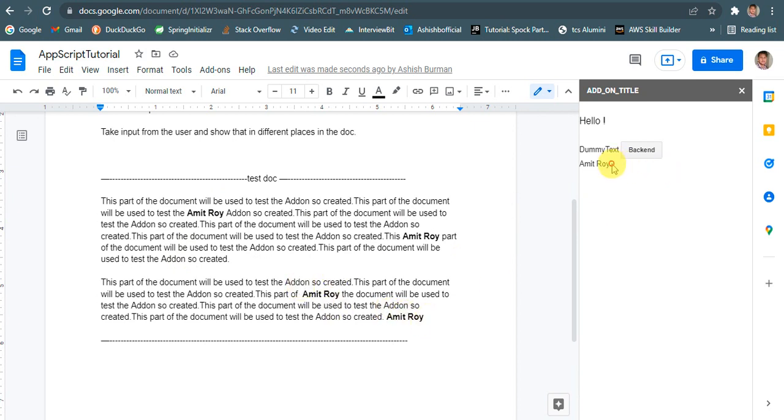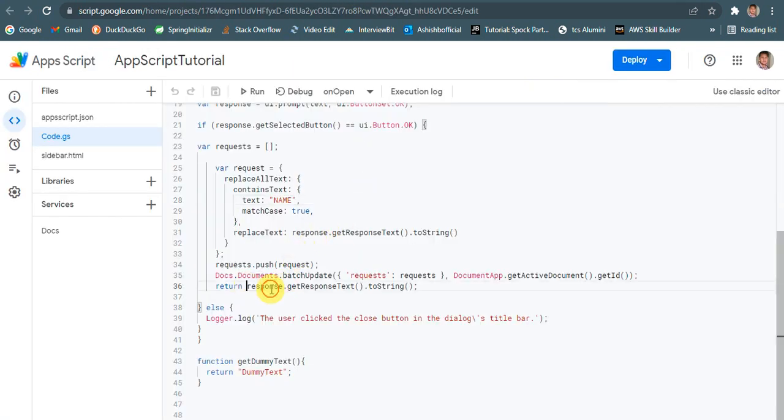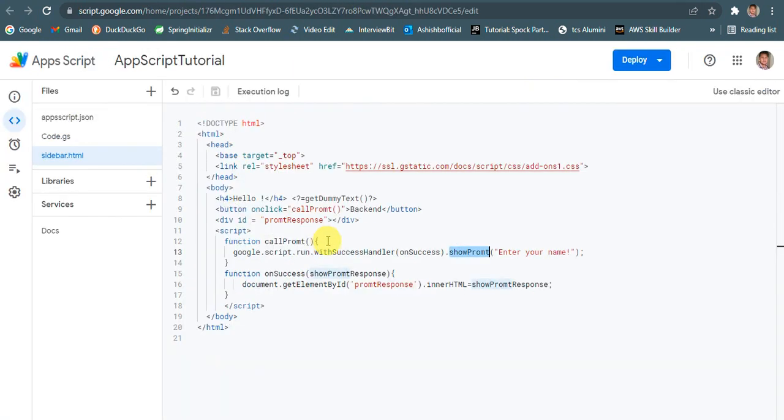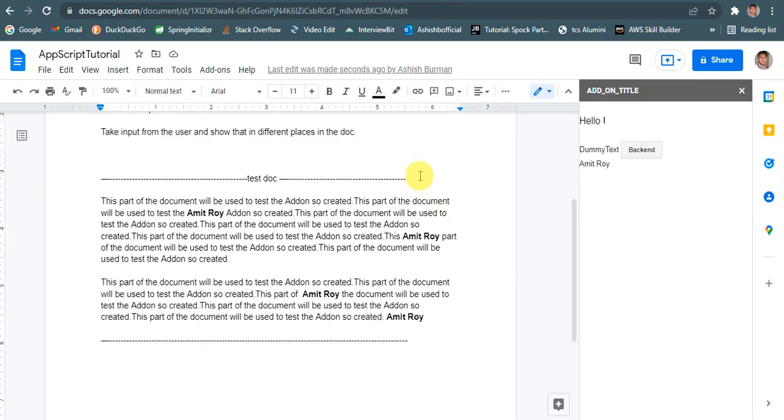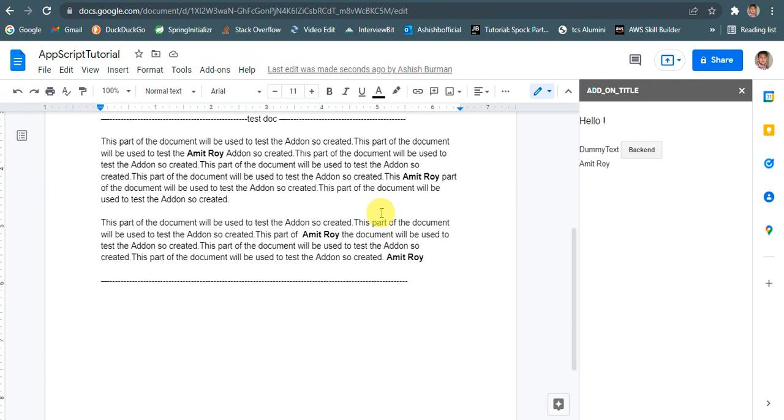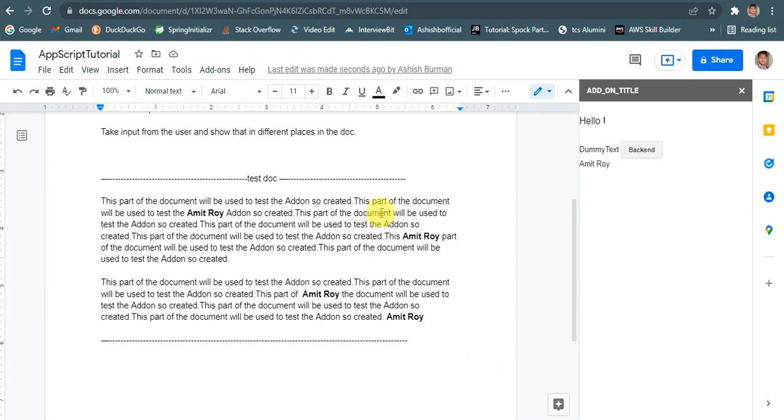And we have this Amit Roy text in the front end as well, which I was showing. This response is returned, and hence the success handler has caught the response in this part, and that is getting displayed in the promptResponse div. So this is a complete to-and-fro working of the add-on from HTML to GS code. This was a simple demonstration of